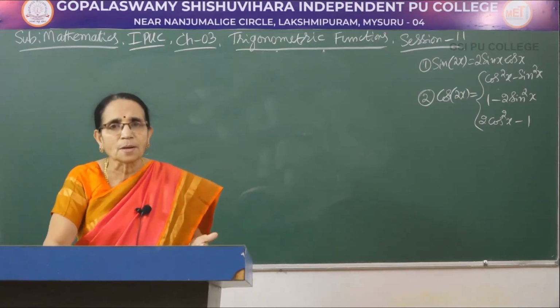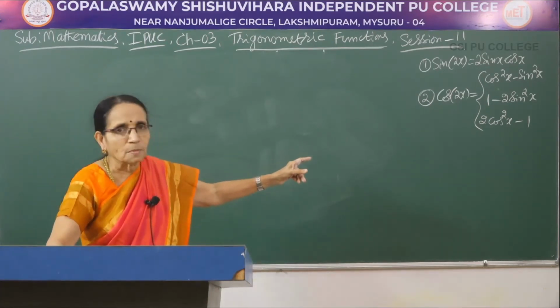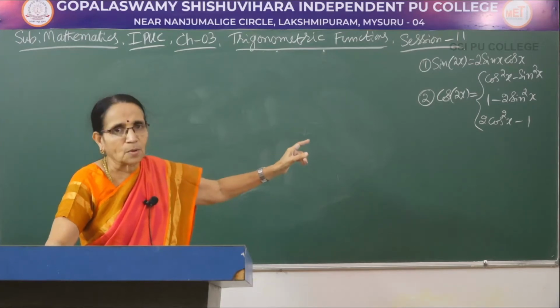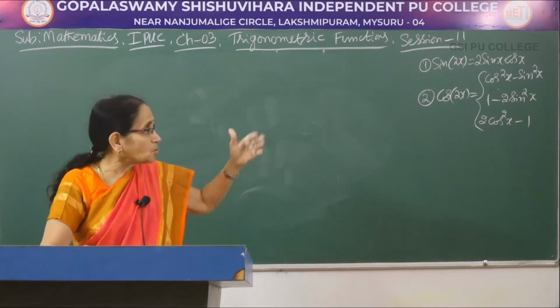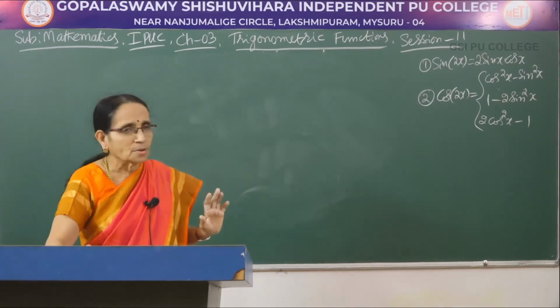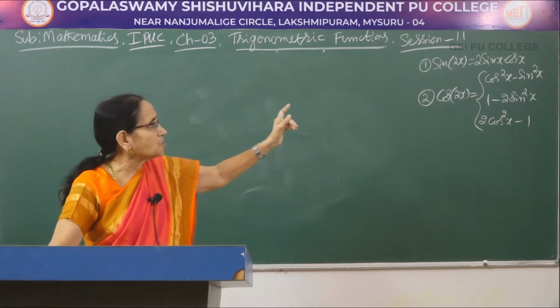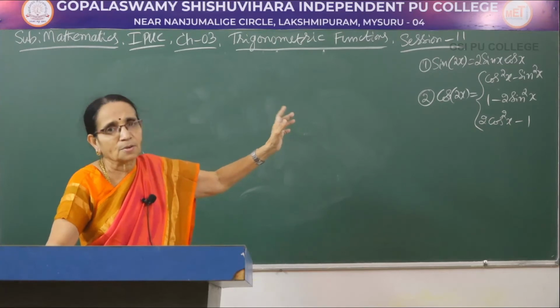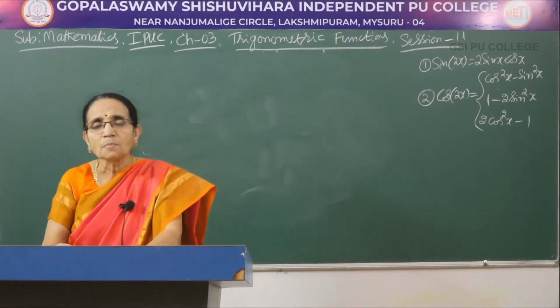So, only for cos of 2x, these are the 3 different formulae, and sometimes they may ask you to prove a certain result. In that one, if you want only cosine function, take the last one. If you want only sine, take the second one. If you want both of them, take the first one. You can use any one of them, because all of them have the same value, cos of 2x. Whereas sine of 2x, at present, is expressed in terms of both sine and cos, 2 sin x into cos x.